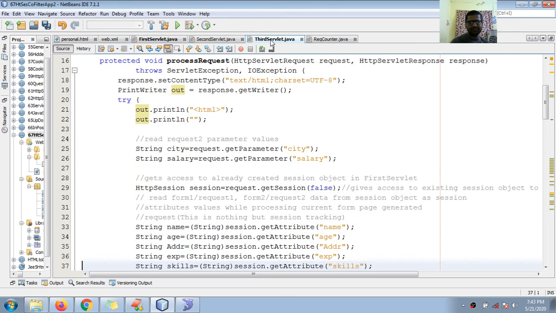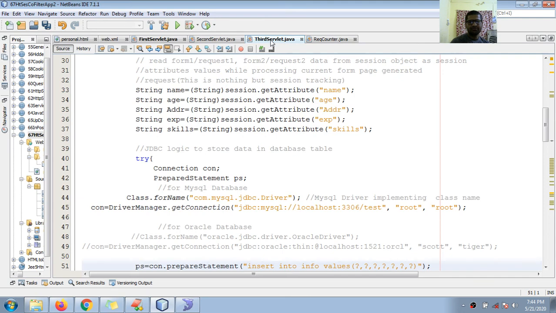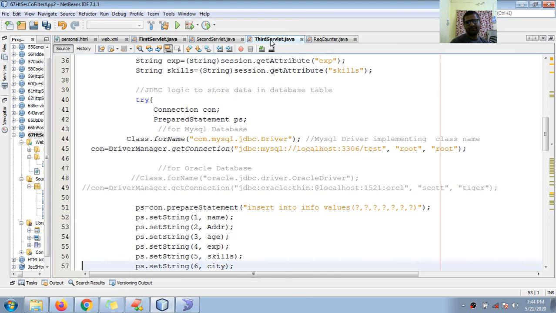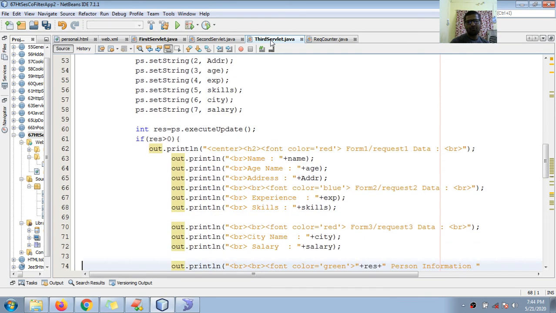Under process request, you will find this logic. Read all the parameters from the session attributes. Then Oracle, or you can use MySQL database to interact. Fine.